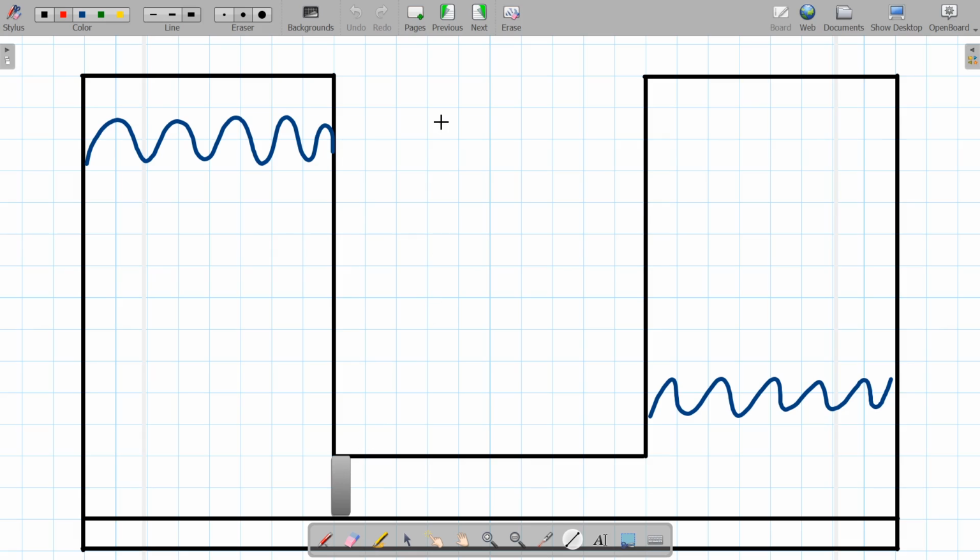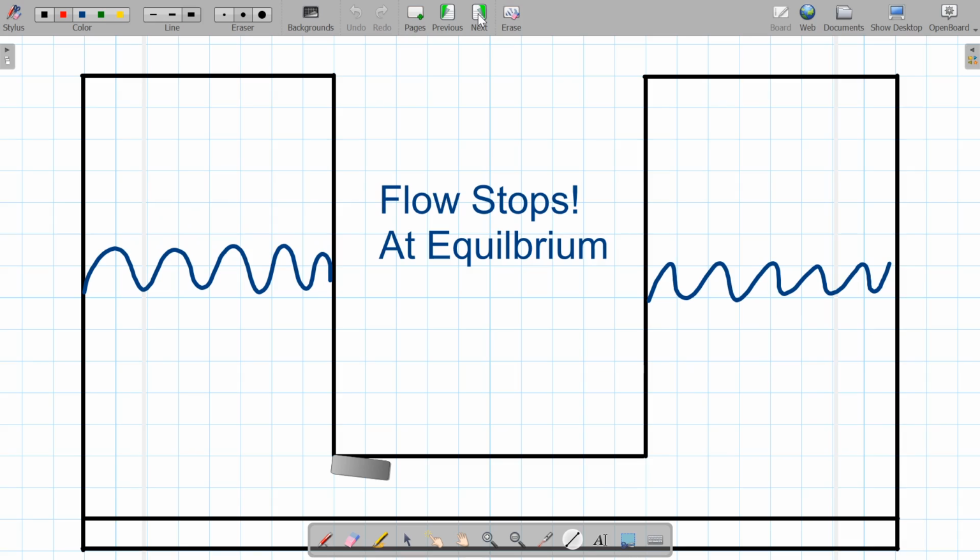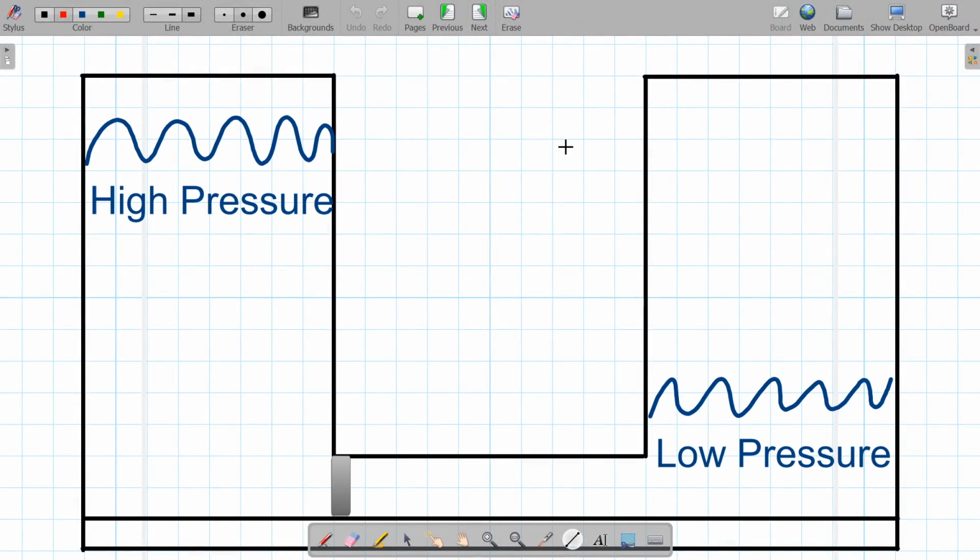Now let me ask you guys a question. What's going to happen the moment that I open this valve? Well, that should be obvious. As I open the valve and allow water to flow, water is going to flow from the left tank to the right tank until the water reaches equilibrium, and at that point the flow would stop. As a general rule, you guys should know that water always flows from high pressure to low pressure,